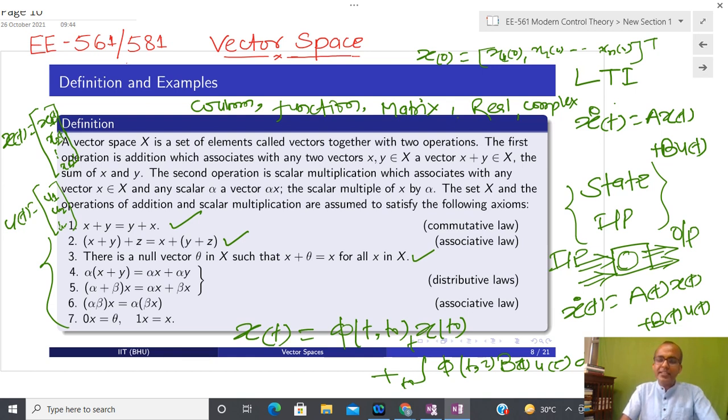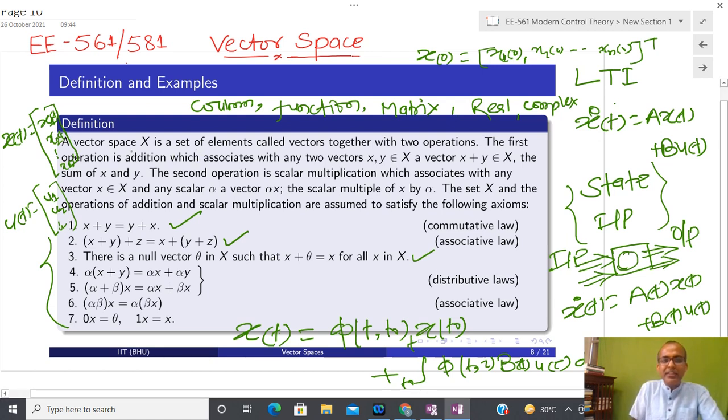So in a vector space, a space is nothing but its elements, which may be represented by column vectors, functions, matrices, real numbers, complex numbers, chemical equations, anything you can name. You just have to make sure that these 7 rules of the game remain consistent. Now, what is the mathematical definition? This abstraction means that using one bucket we are going to cover everything. For that reason, it is called abstraction.